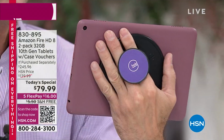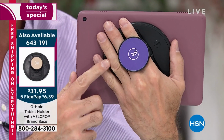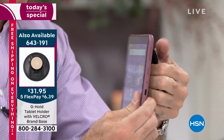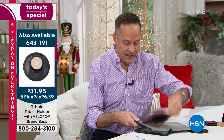It's a customer pick. This is called G-Hold. I use G-Hold with every tablet I use, and for everybody who's buying this, I think it is the best add-on. I think it's the best stocking stuffer. It folds flat, and it also, let me just show you this, which is really cool. It removes entirely from your tablet. So if you want to remove that entirely, and you want to take your tablet and put it in your